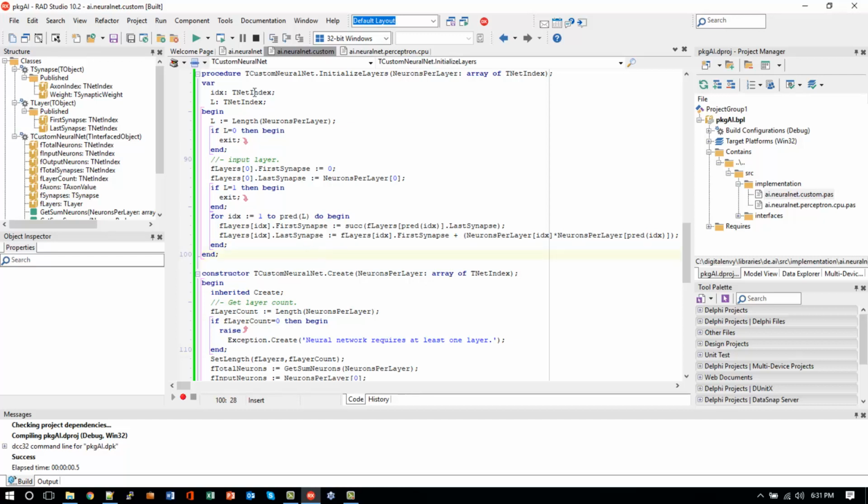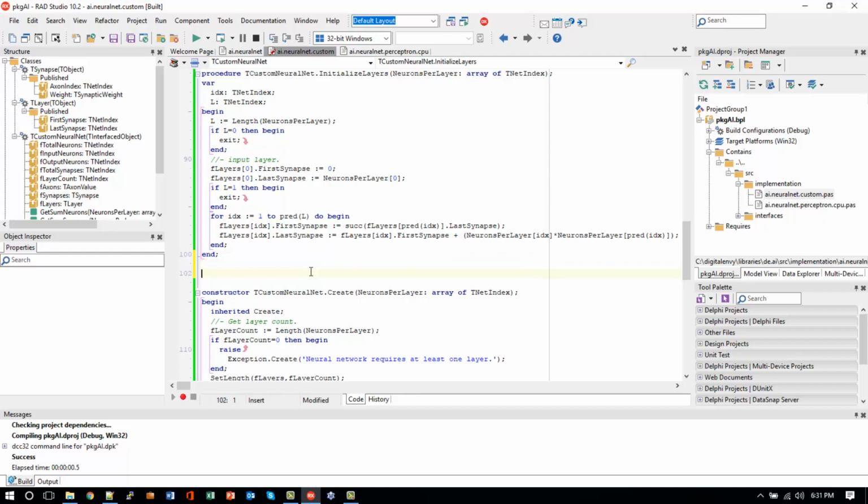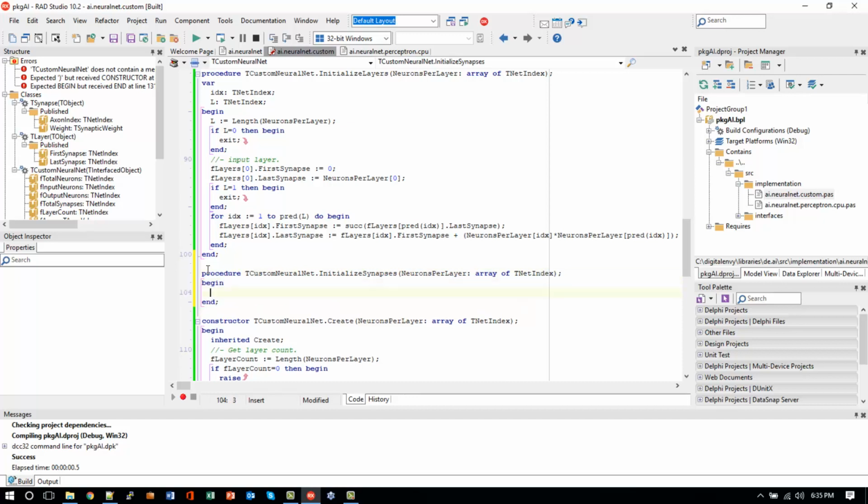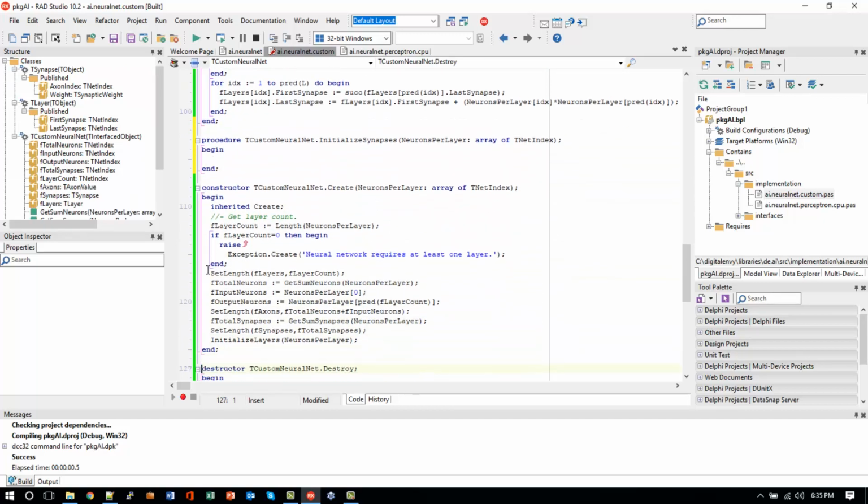So the next thing we want to do is to initialize the synapses. So I'm going to put another function in here, and this is going to be procedure TCustomNeuralNet.InitializeSynapses, and this one is also going to accept the neurons per layer array of TNetIndex. Okay, and let's go ahead and add that into our class, and then in our constructor we'll call that function as well, InitializeSynapses